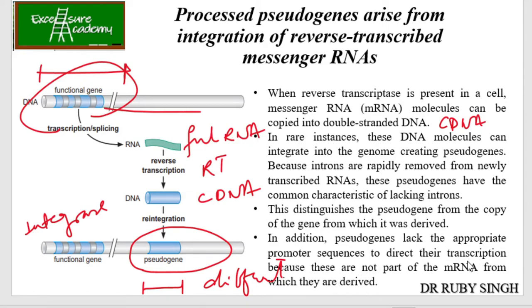what will happen? They are not part of the mRNA and they cannot encode for anything. And this is how pseudogenes are formed. So guys, this is a really very important part. Please understand and remember about pseudogenes. Okay, so this is important. This is an important slide, so don't forget it.